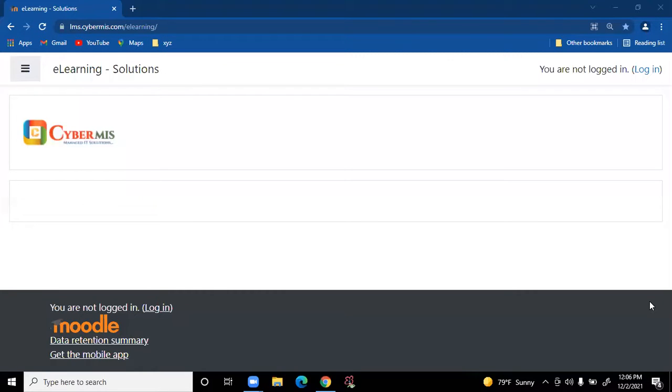This is one of the best platforms. We can say this is number 2 in the world ranking, number 2 learning management system in terms of e-learning. It has all the features. There are many features, and as we move on we will learn many things in this particular topic. So let us start focusing on what we have to do.